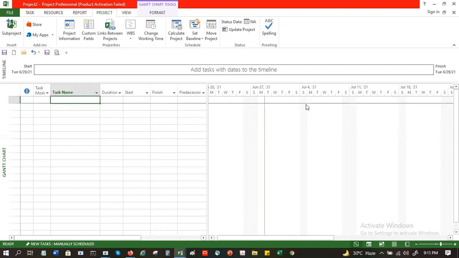And then, see, this Saturday is a holiday, but this Saturday is working. So it is white in color. Do you see this? Light gray ones are non-working. Sunday is non-working. This Saturday is non-working, but this Saturday is working. Some of the Saturdays are white, not gray, so those are working.